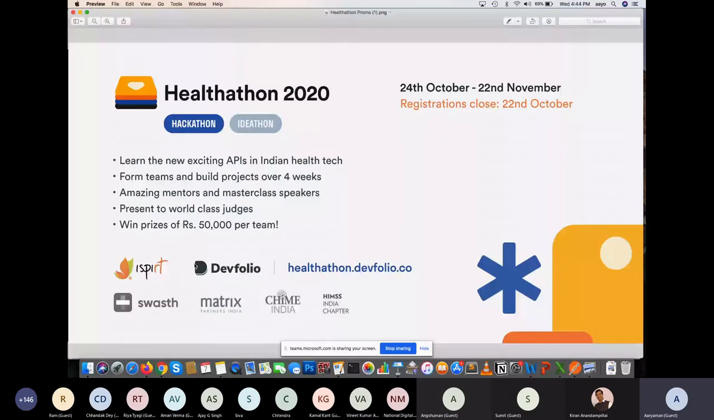So we call this event Healthathon 2020, and it begins on 24th October. It's a 4-week long virtual event, and during this event, we will have a hackathon in which teams will build upon the APIs and sandbox provided by NDHM. We will also have an ideathon, which is a competition for people who may not want to code but just contribute ideas and get feedback around the new businesses and products that can be created around these APIs, and a